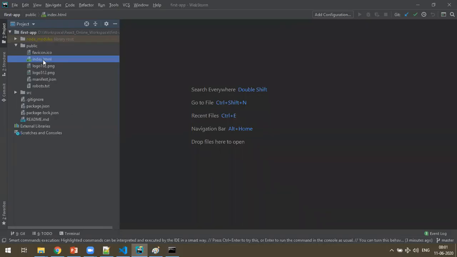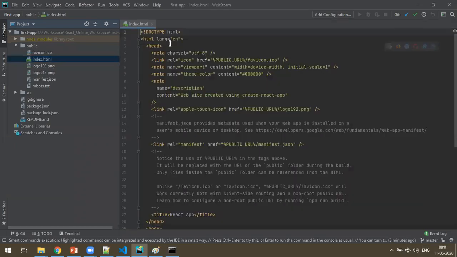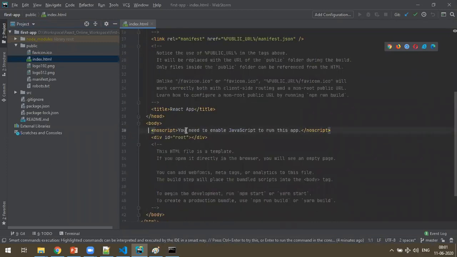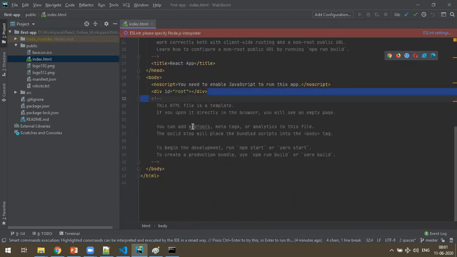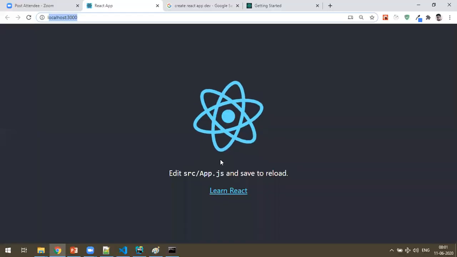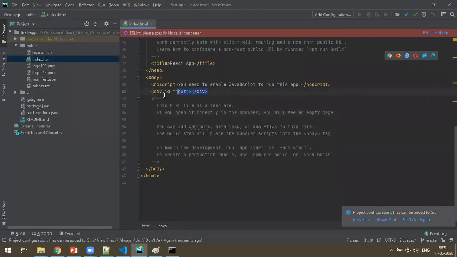I'm just telling the flow once. Go to index.html. Here there is a body, a noscript tag, and a div, a division with id root, that's it, nothing else here. Apart from the comments, we get only a division with root, and we don't see this image and this text in the index.html. Very clear, only one division.